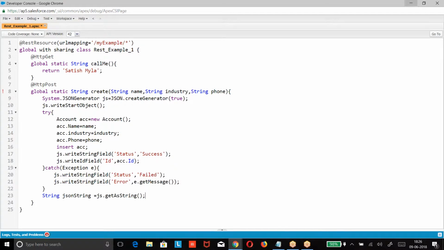Now how did we do? When you made a request, they sent a response in the form of JSON. I deserialized it and took the access token. Similarly, when I am sending, I will send the response in the form of JSON.